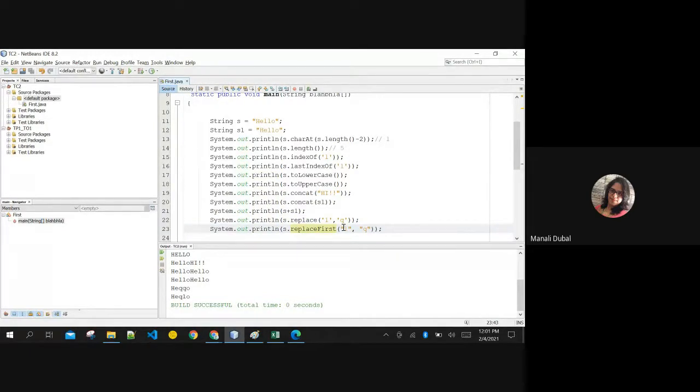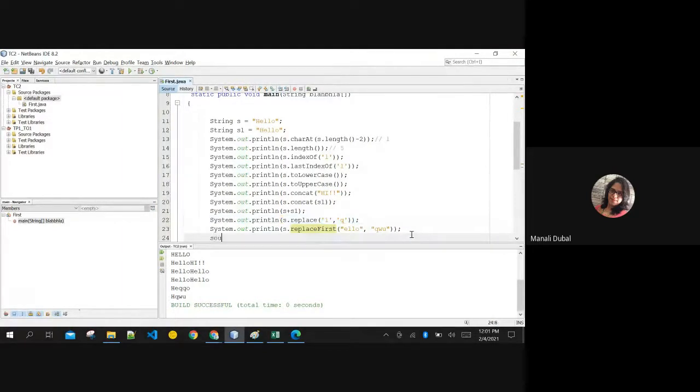This means that if there is a whole string, like if I want to replace complete LO with Q, or LO with QUR, I can do this. Replace can only replace single characters, a single character with a single destination character, but not in a string format.